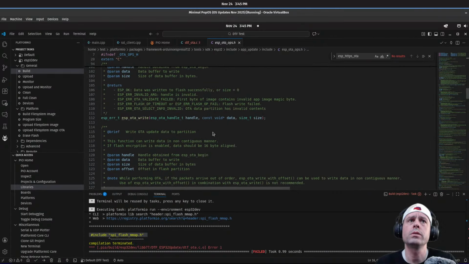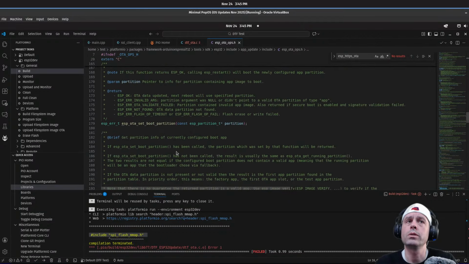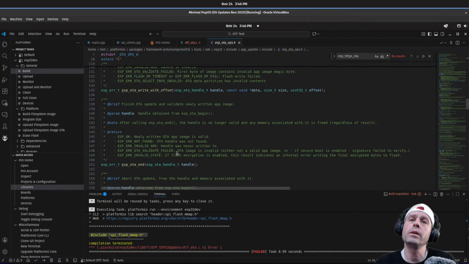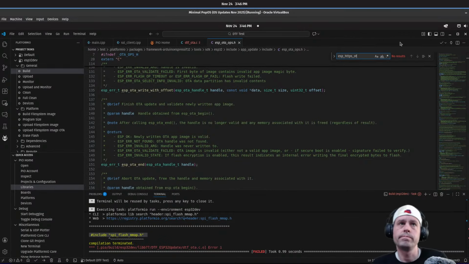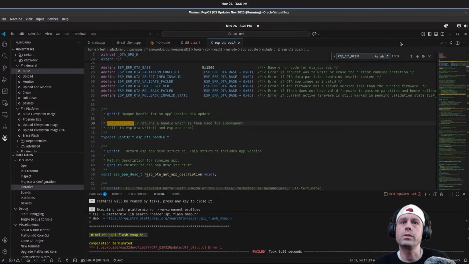But surely it is. ESP HTTPS. Oh, sorry. ESP HTTPS OTA under the cover calls what? ESP OTA begin when it finally gets into here.